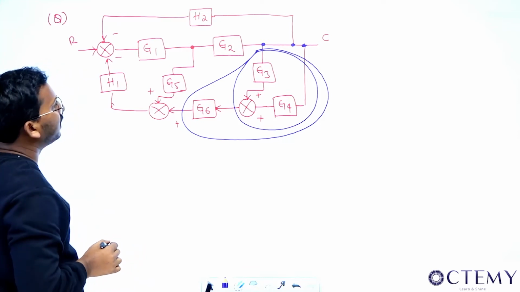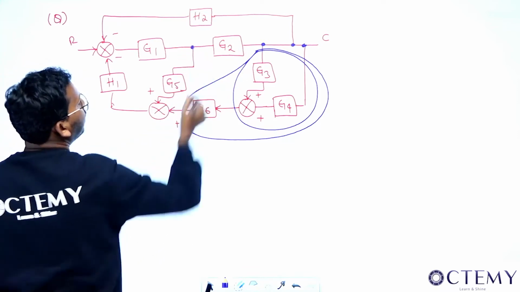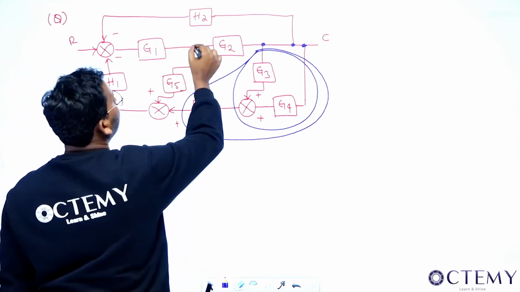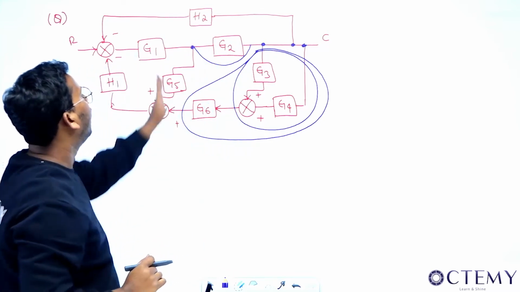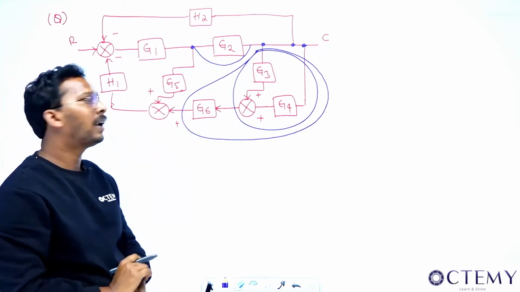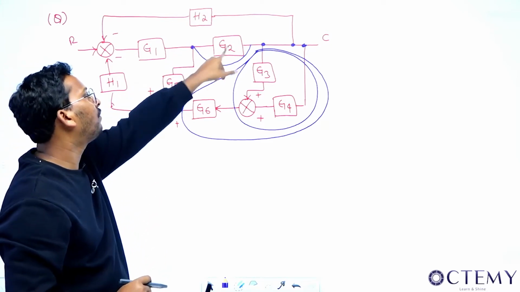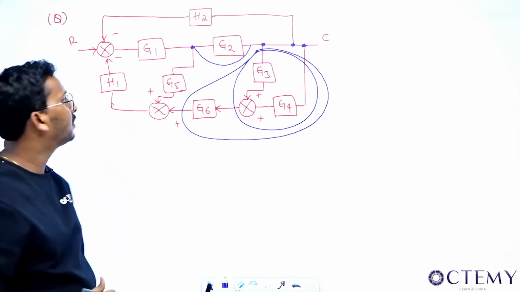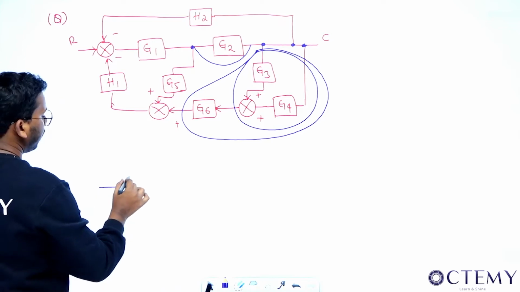And one more thing: if this was not here, if you would have shifted it here, what would happen, sir? If this is shifted from here to here, they will become cascade and they will become a sum again, right? So let us do this. If you want to shift from before to after, if you do it before to after, you will get it in division. So sir, what will happen? So the solution will be like this. The first step I am doing here.